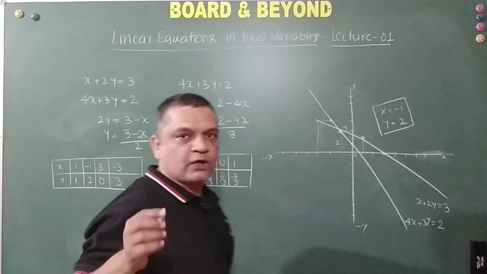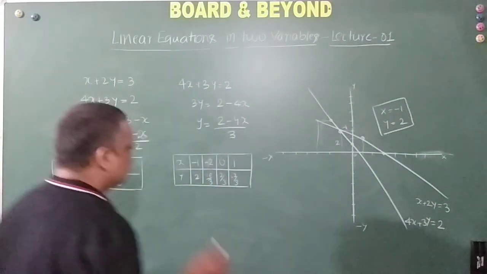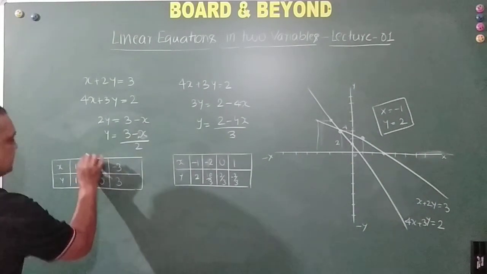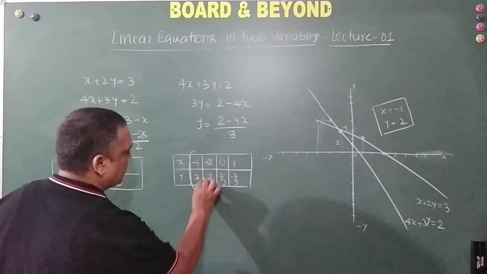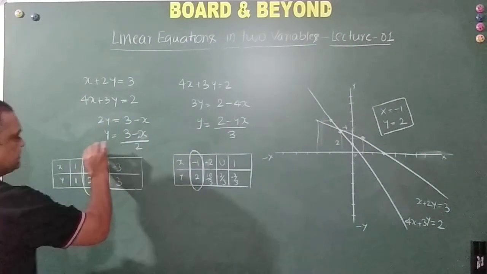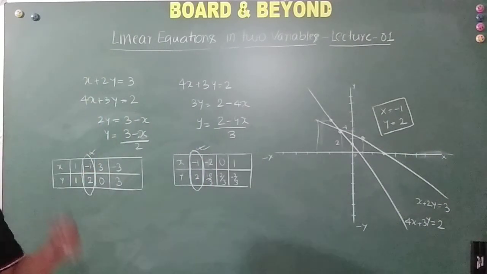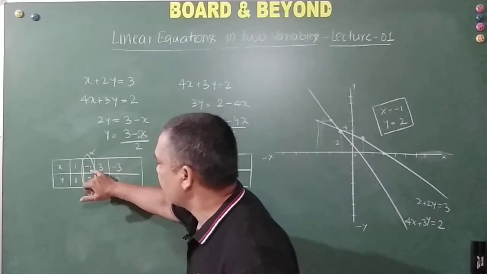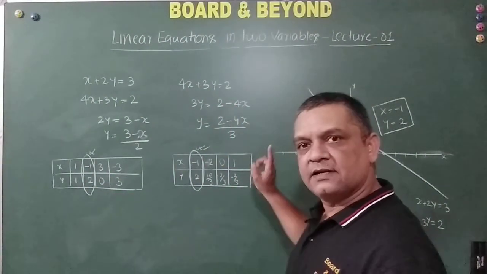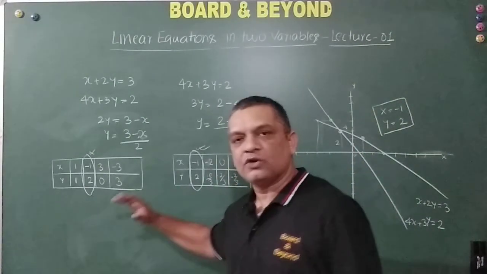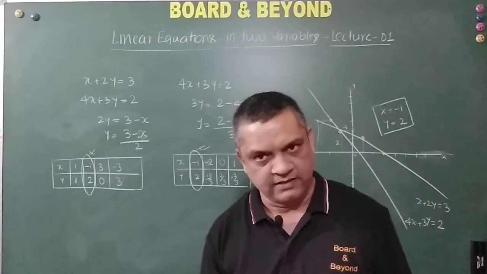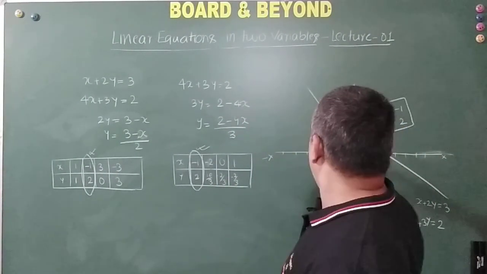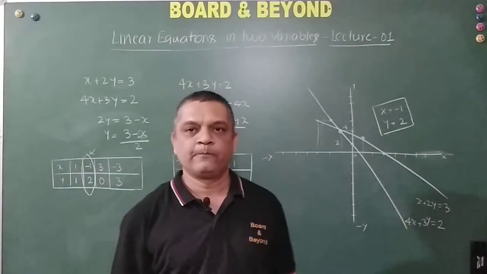Now friends, just for a cross check, I will tell you one idea, okay? Just observe these two values, this and this. What do you see? Is this and this equal? So that means, friend, when you are plotting the graph, your answer should be x is equal to minus 1 and y is equal to 2. You should get the same answer from the graph, okay? This is only a cross check point, you need not mention it anywhere in the answer sheet, right? So that is what I am getting here, x is equal to minus 1 and y is equal to 2 is the solution from the graph as well, right friends?